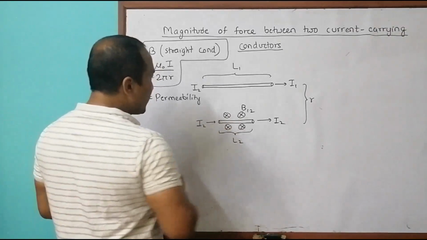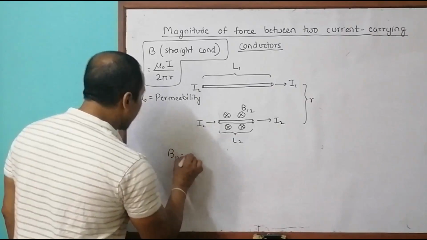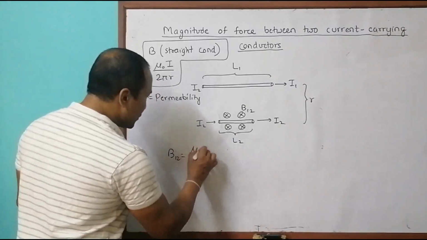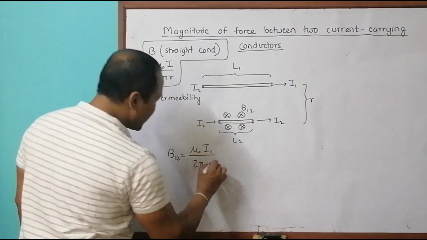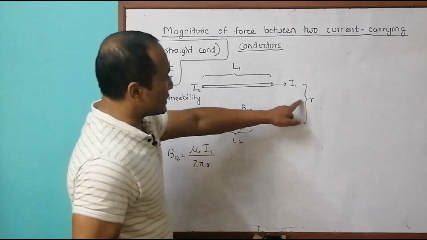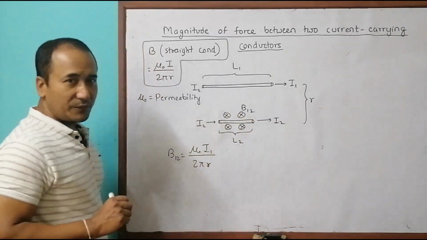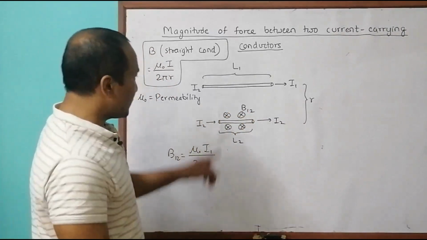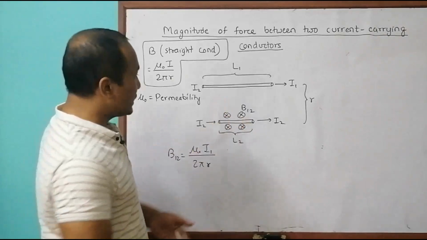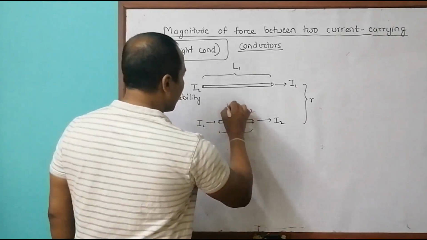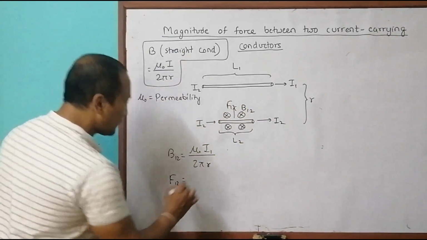Now the value of B12 is equal to mu naught I1, because of I1, divided by 2 pi into the distance, which I have already expressed as small r. Now this will give a force, and the force is the Lorentz force. So with the magnetic field here and current to the right, the force should be here. So it is a pulling force. This is F12, and the force F12 should be equal to